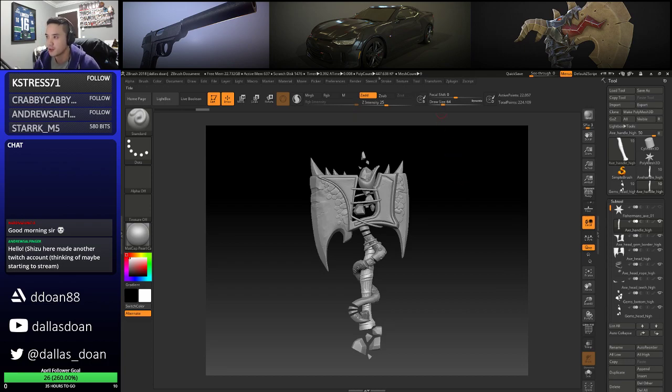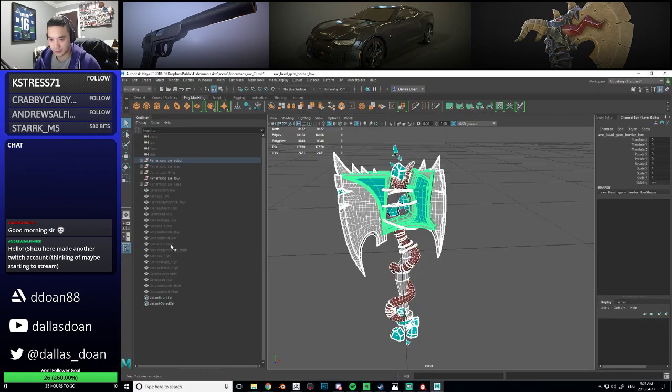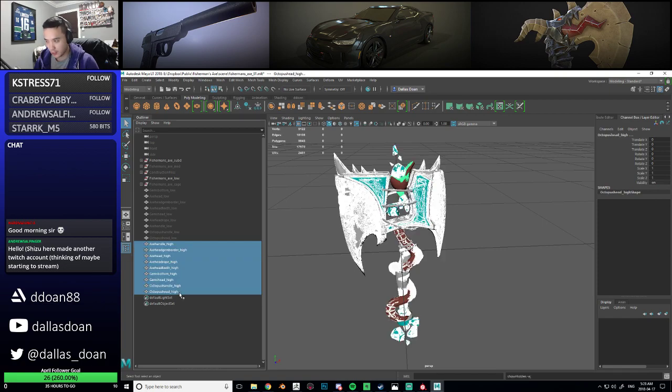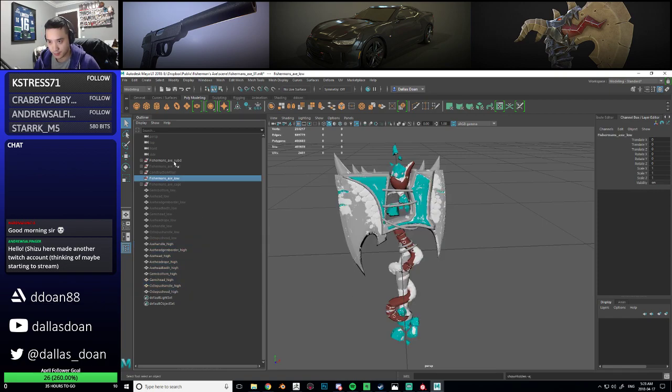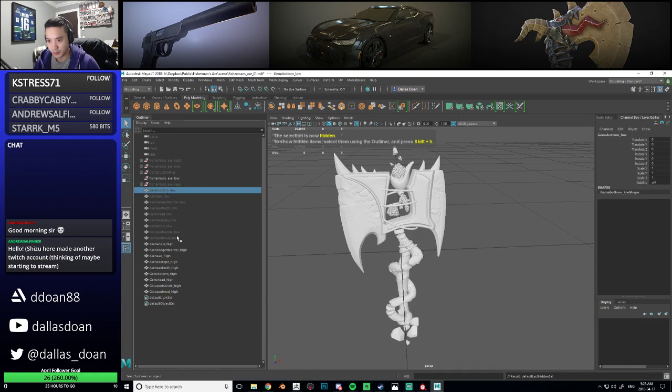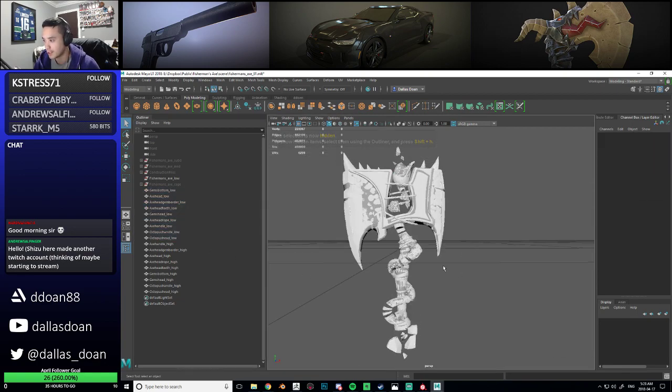So if you look up here, I was dumb and I looked here and I was like, okay, 224,000, perfect, right? But really what I should be looking at is this poly count up here, 447,000, right? So that's way over. I didn't look at that. I was dumb and I looked at this one. So I exported it to Maya, and then this is what I got, right? So when you export it into Maya, you want to make sure that everything lines up properly, right? So that's the first thing. So it lined up properly,